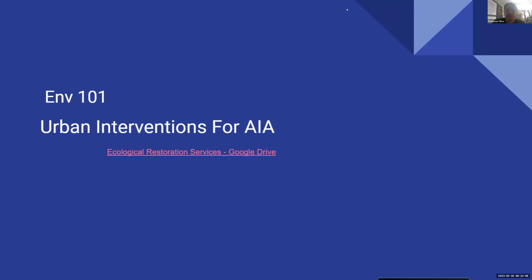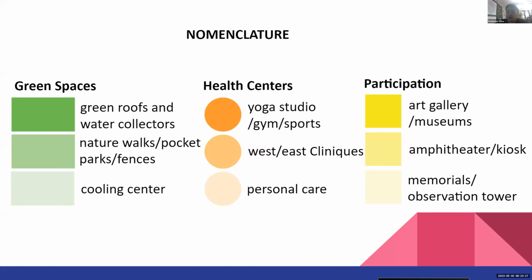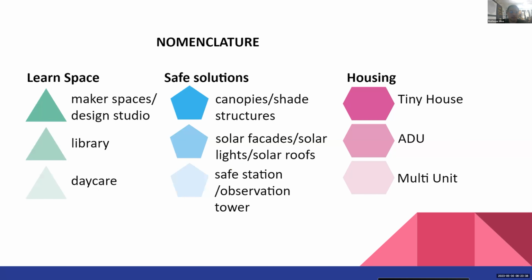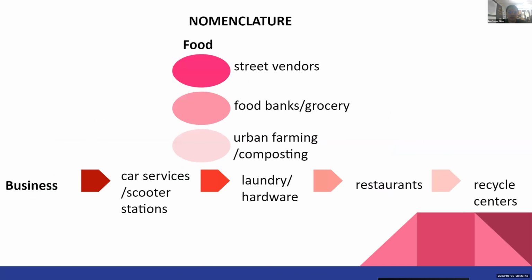So my presentation was for urban interventions for the AIA. We gathered information amongst our classmates in Professor Olivia's class. So here's my presentation. Layla gave us the blueprint for the interventions: green spaces, health centers, participation, learning spaces, space solutions, housing, and food and businesses. And here are some of my